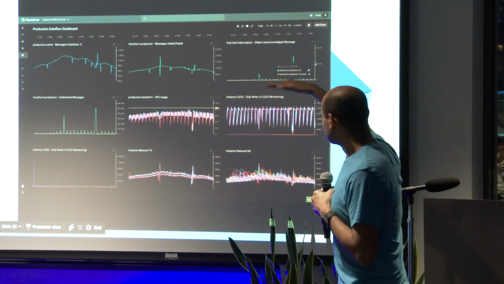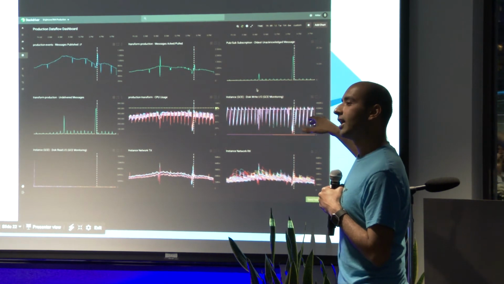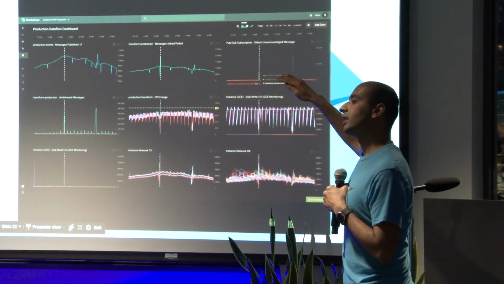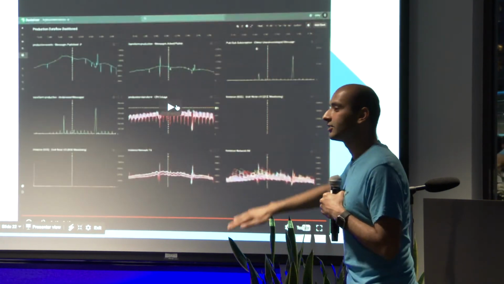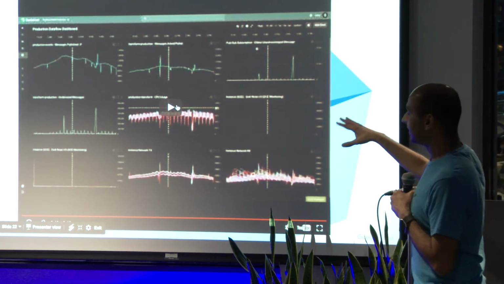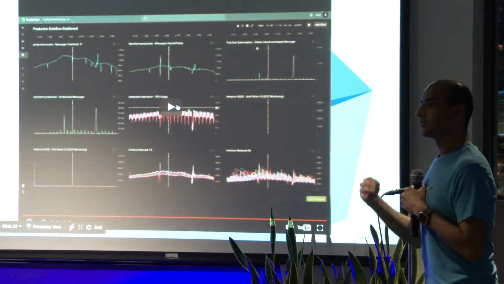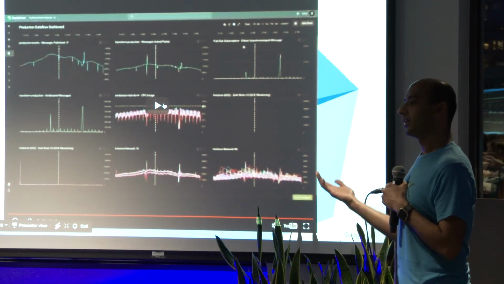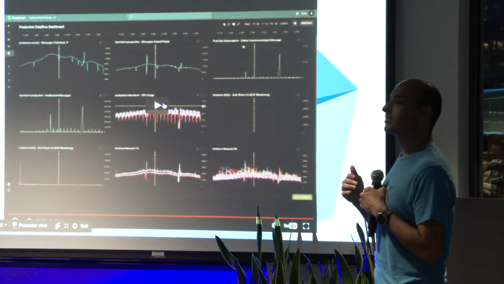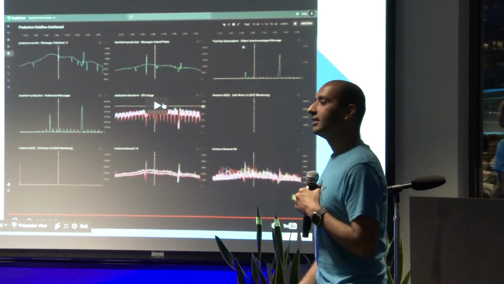And if you see the sudden drop, it's right at the hour boundary. We do hourly aggregations, so you build up state till the end of the hour, and all of a sudden you flush all that state, so it goes down. And you build up state and flush that, so it gives us a high-level view that our service is doing well.